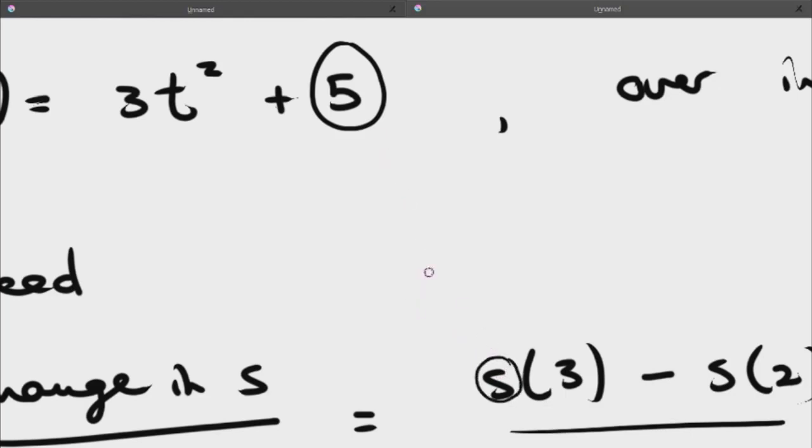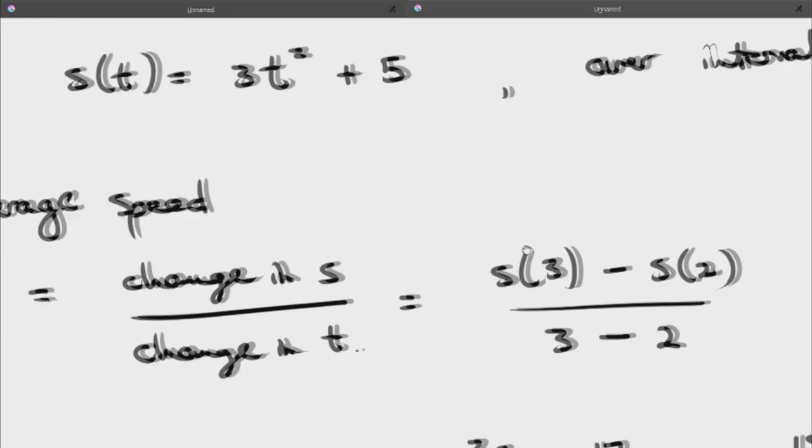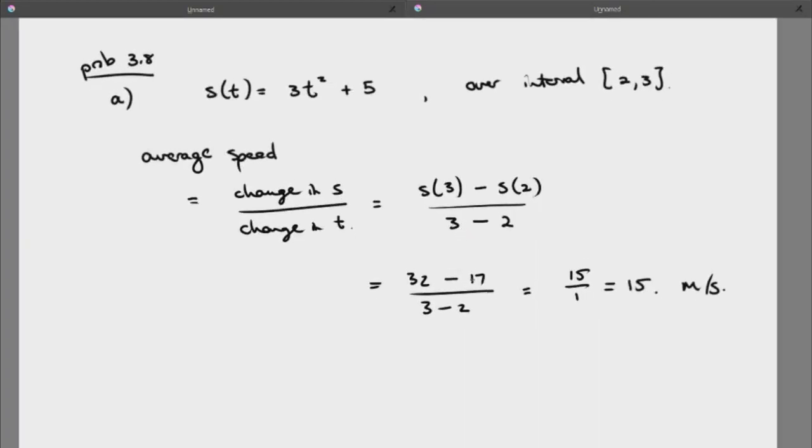It's night and day. No, I realized when I call the function S, this is potentially confusion, which is why I made my 5 nice and angled. It's like night and day. My general 5s look like this versus an S, night and day. I don't see the confusion at all. But no, S is not the most ideal name for the function, admittedly, which is why we'll go back to